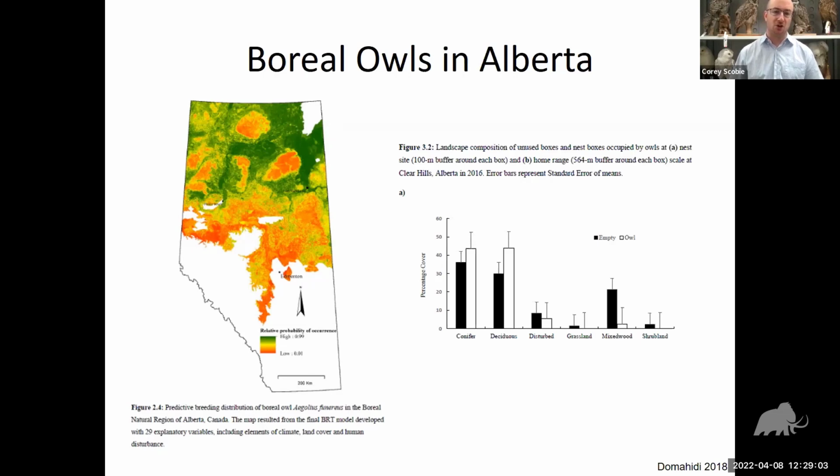So the dark green areas have the highest probability of finding a boreal owl during the breeding season, and then into the dark red colors where you'd have the lowest probability of finding boreal owls during the breeding season. And if we look at our study area, there are some red patches in there, but there's quite a bit of green and some yellow. So I think we're going to have a good chance of getting some owls to occupy the nest boxes that